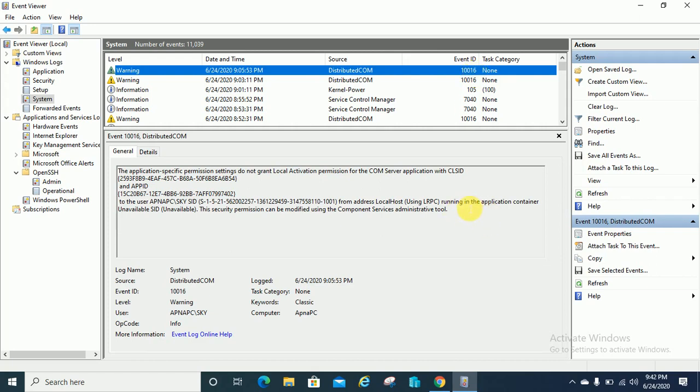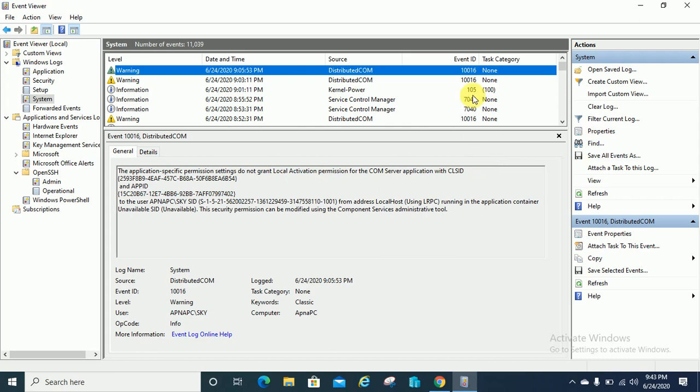So what you can do, there are many alerts generated here. I know it is not possible for everyone to remember or be aware of all event IDs.